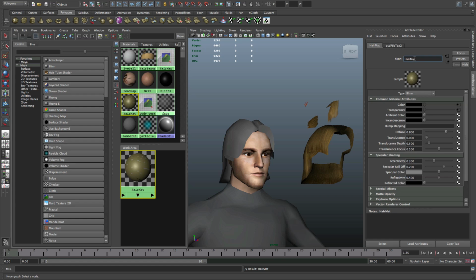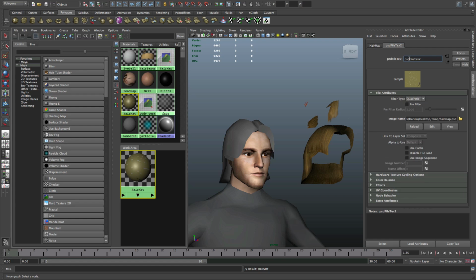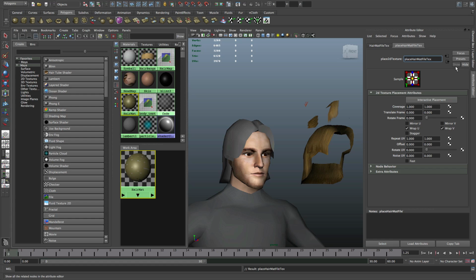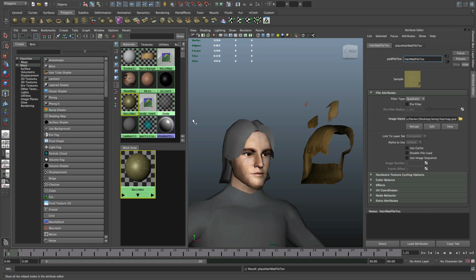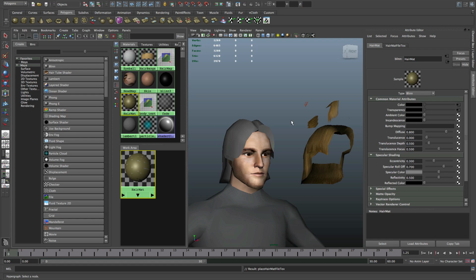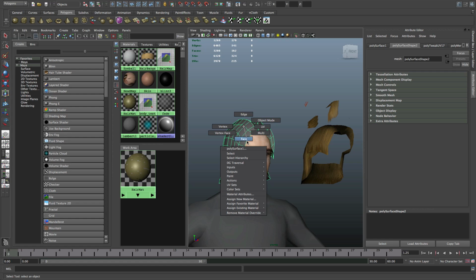And what I like to do is use proper naming. So what I'll do is I'll change it to hair matte file text, and then when I go back here, I'll change this to place hair matte file text. So I have proper naming, and that's really important to me. But what I can do is I can now apply hair matte,